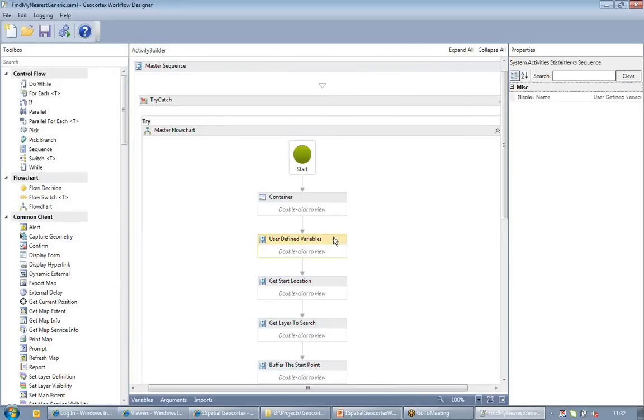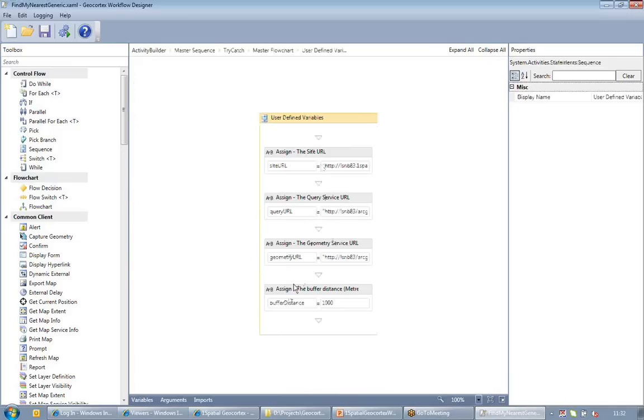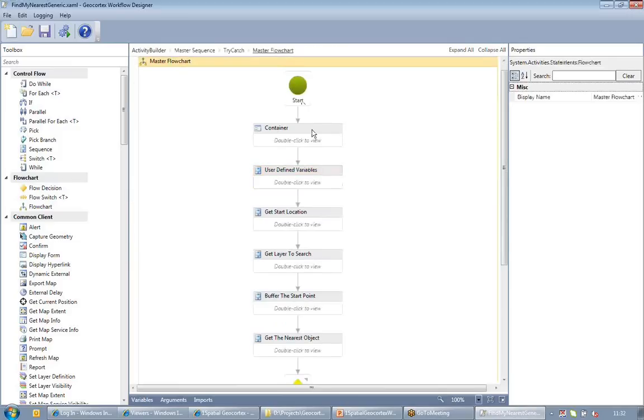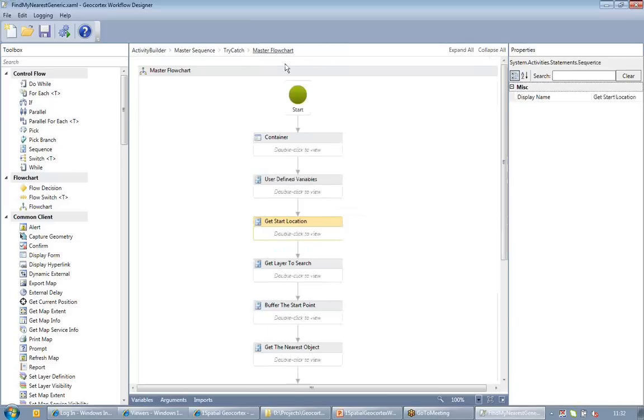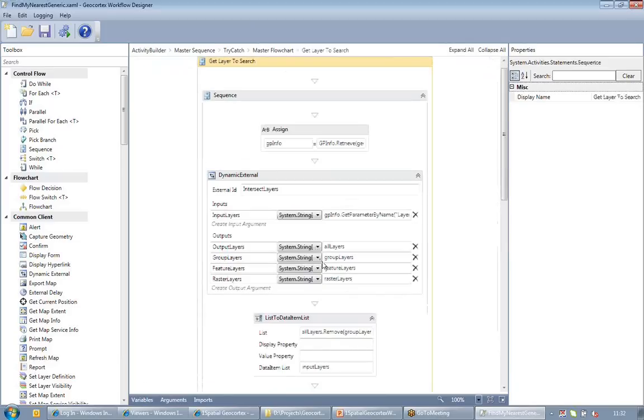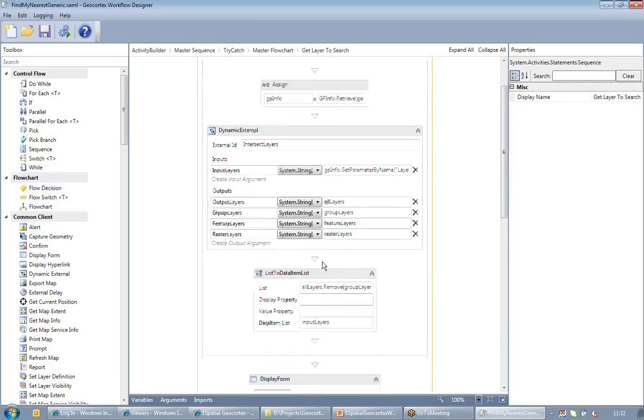So here we're going to define some user-defined variables. So this will change on a per-user site, but the rest of the workflow will remain the same. The first thing we do is we ask somebody to click on the map, and we create a markup object. Then we get a list of the current active layers, and we present those to the user, and we ask